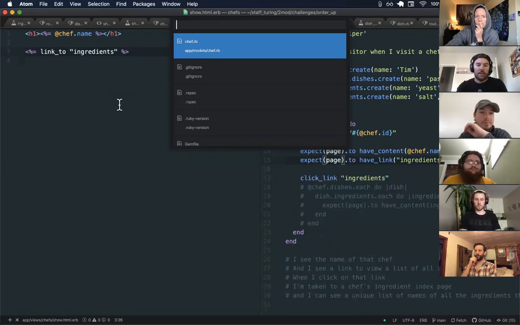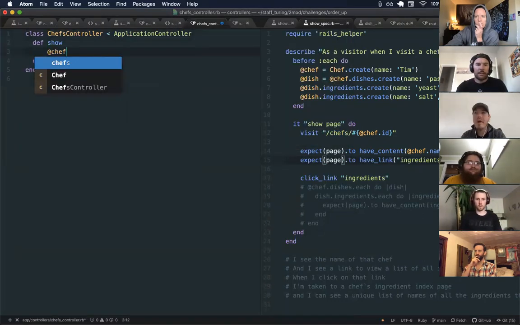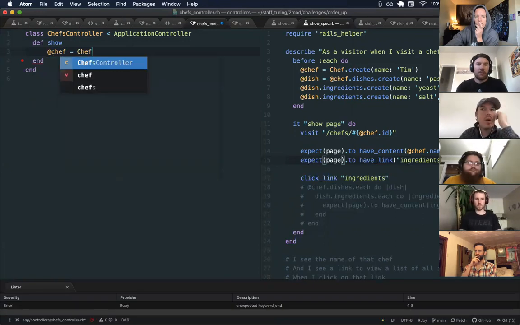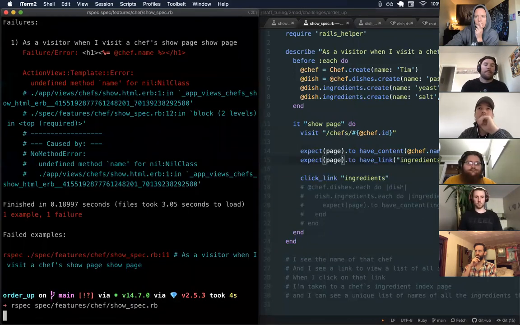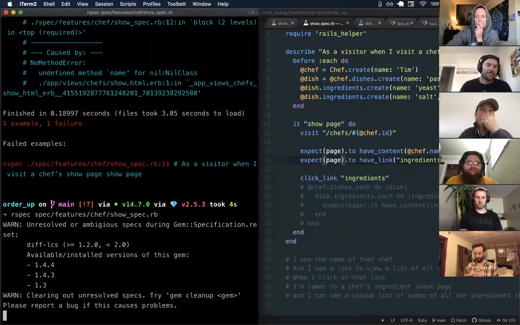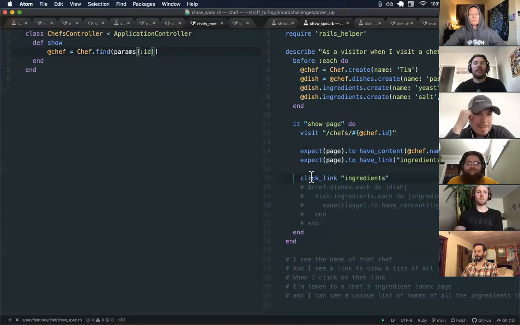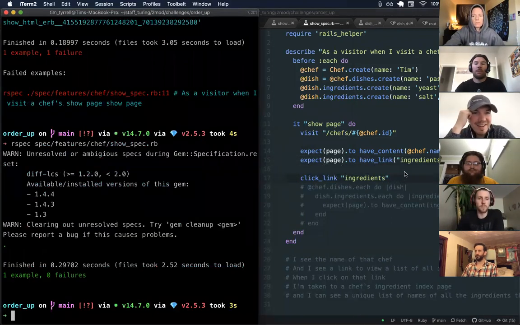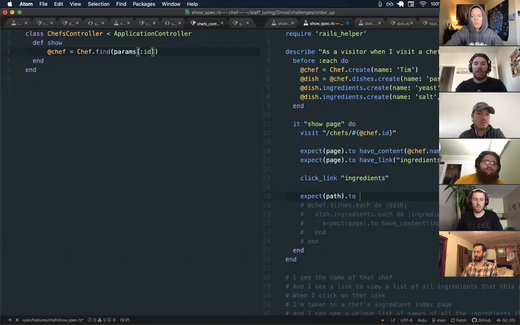This needs to be in the controller. Yep, so let's pass my instance variable, Chef.find params ID. Cool. Oh, okay. So I guess I clicked the link and I didn't set up an expectation here, which I should do. So expect, what is it, path, I think, right? .to equal,